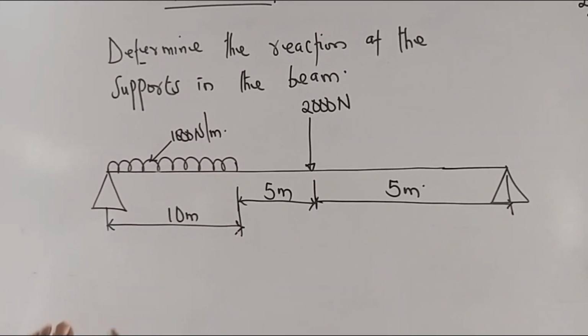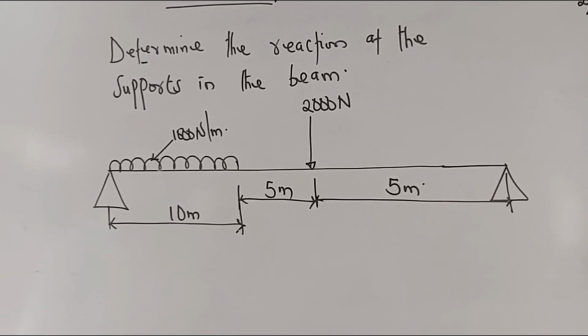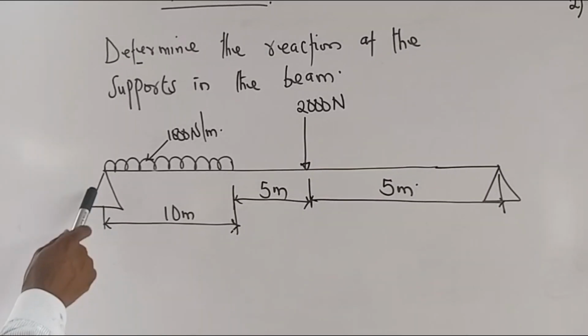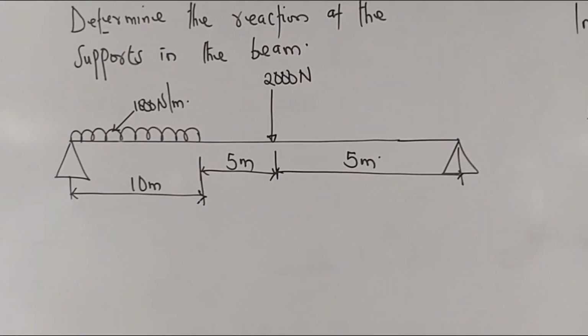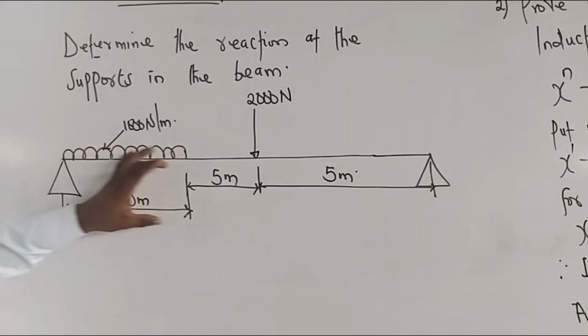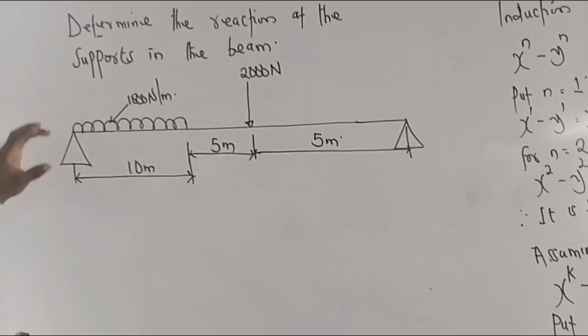So the question says we should determine the reactions at the supports. Look at the question. We have two supports, support 1 and support 2. What is the reaction at the support? So to do that, distributed within the span of 10 meters. Remember, this load is uniformly